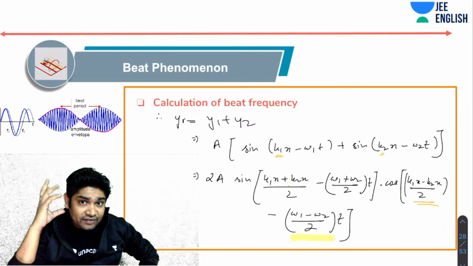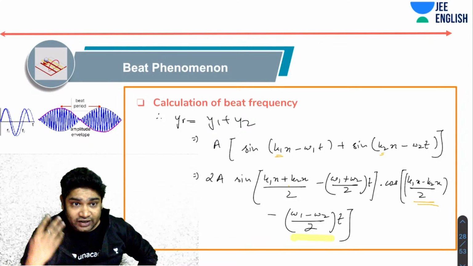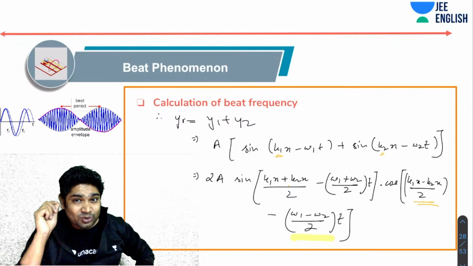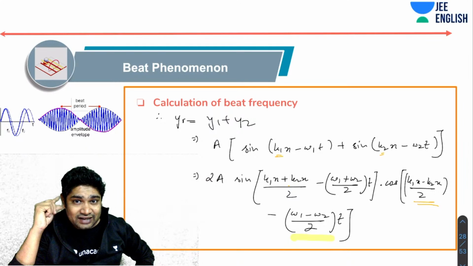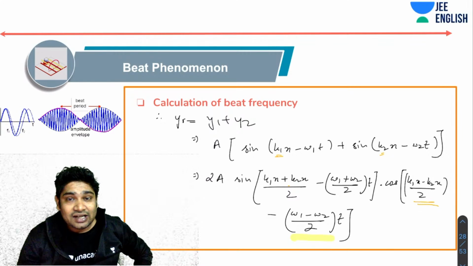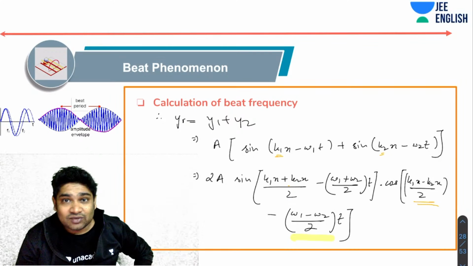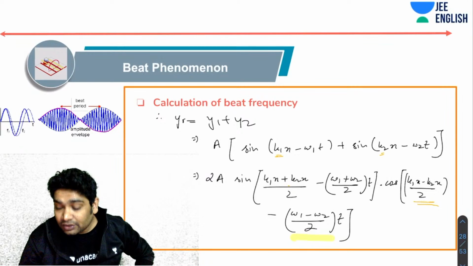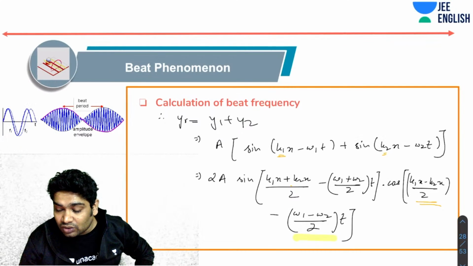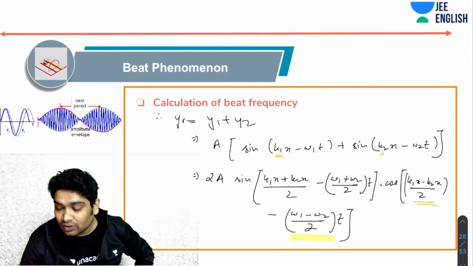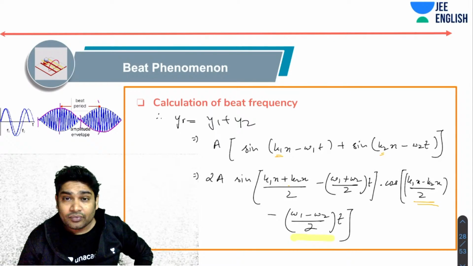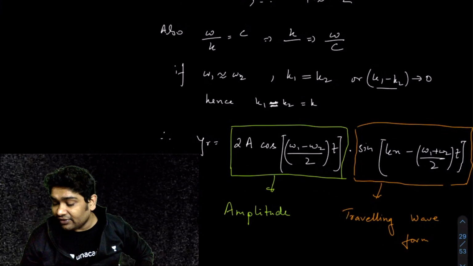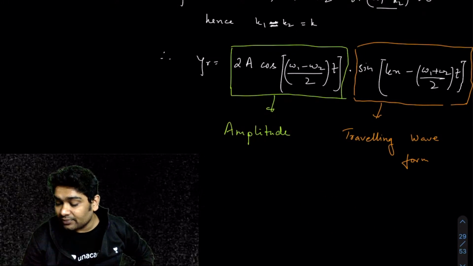So that is why you hear variations of intensity. Wherever you are standing, the wave is passing. Sometimes the amplitude is zero, so you don't hear anything. Then suddenly it increases and decreases, and increases and decreases, and that is what you hear. The variation in intensity, that is what beats is. Now you realize in one cycle, your amplitude goes from zero to maximum twice. So once here, then once here. So you say in one cycle you hear two beats. So that's why beat frequency is twice this frequency.